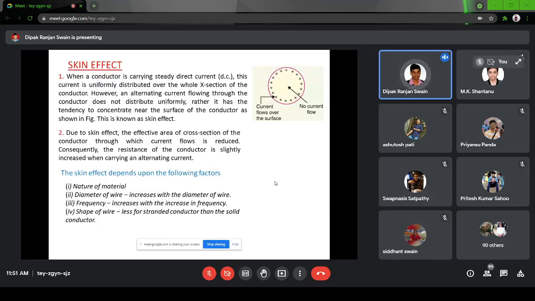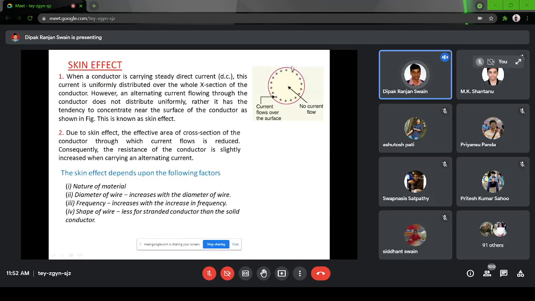The reason behind the skin effect is the flux linkage. At the center the flux linkage is maximum, because it has to carry the flux of the whole conductor, and as you go towards the surface the flux linkage decreases. Flux linkage is maximum at the center, which means the inductance at the center will be maximum. Inductance being maximum means the reactance or impedance will also be maximum at the central part. As you go away from the center, the flux linkage decreases, so the inductance and the impedance to the current flow decrease.